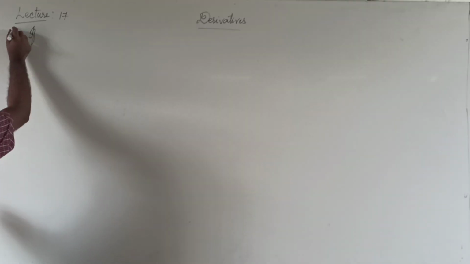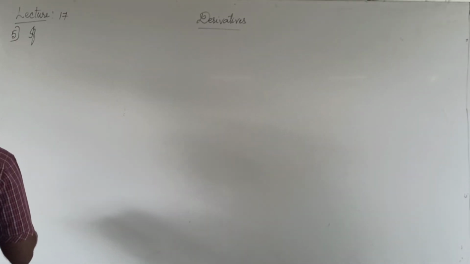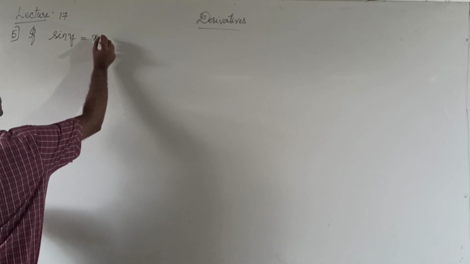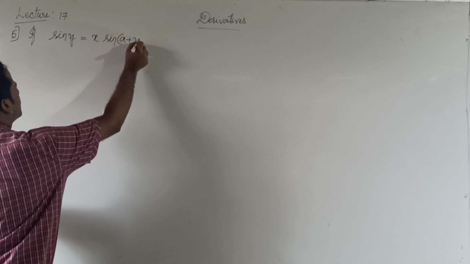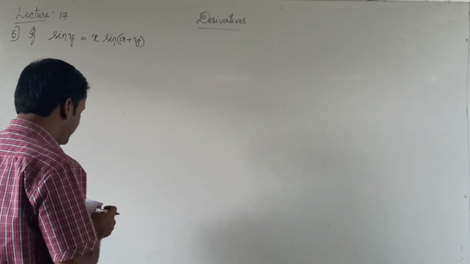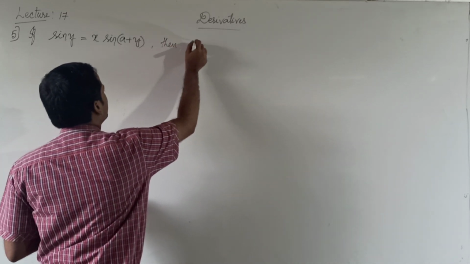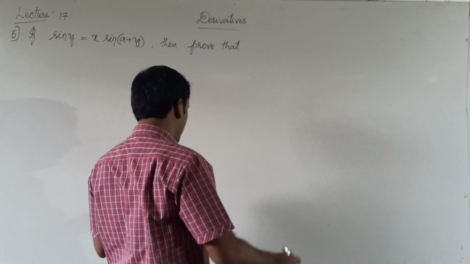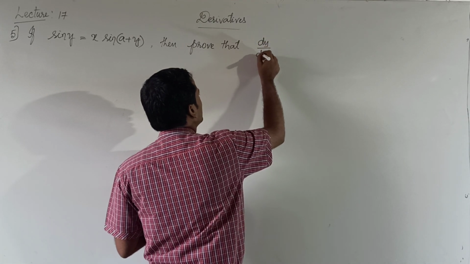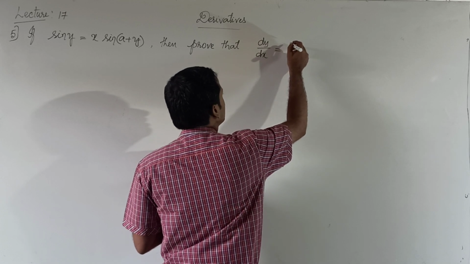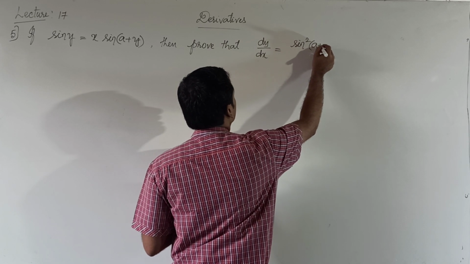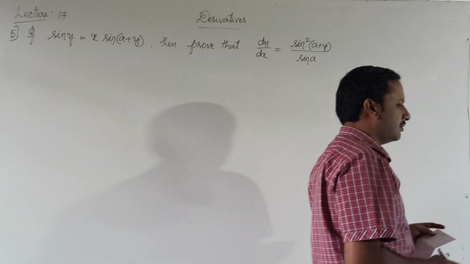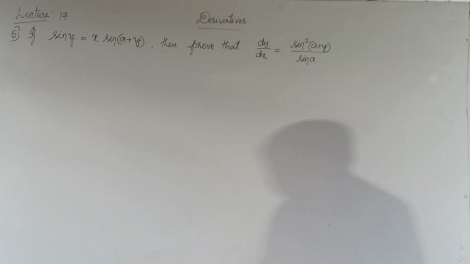Then, if sin y is equal to x into sin a plus y, then prove that dy by dx is equal to sin square a plus y divided by sin a. Prove that dy by dx is equal to sin square a plus y divided by sin